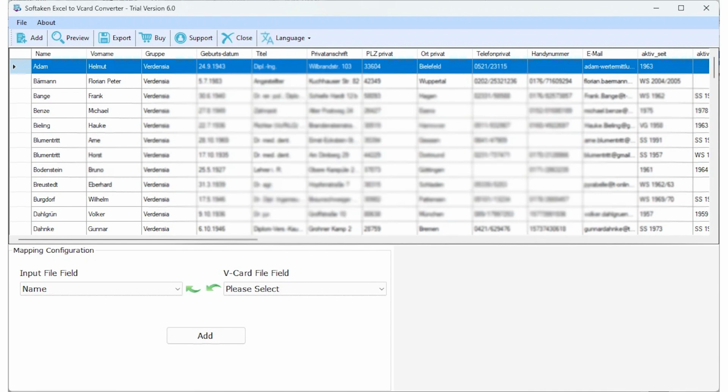Step 2. Upload Excel file. Click the Add button and select your Excel file, .xls